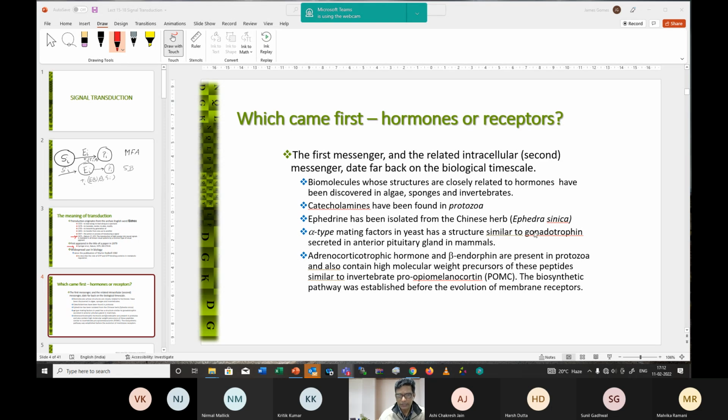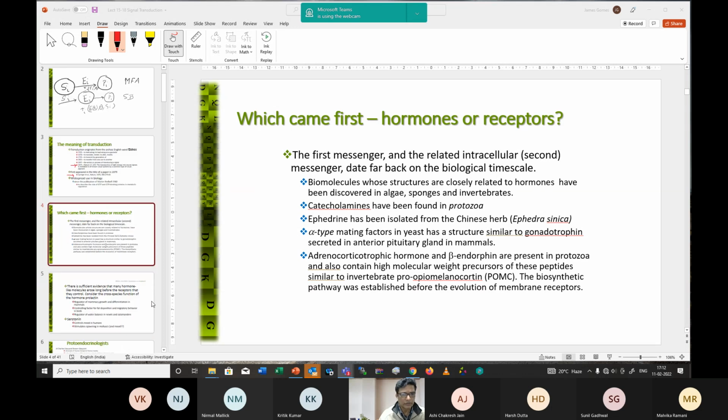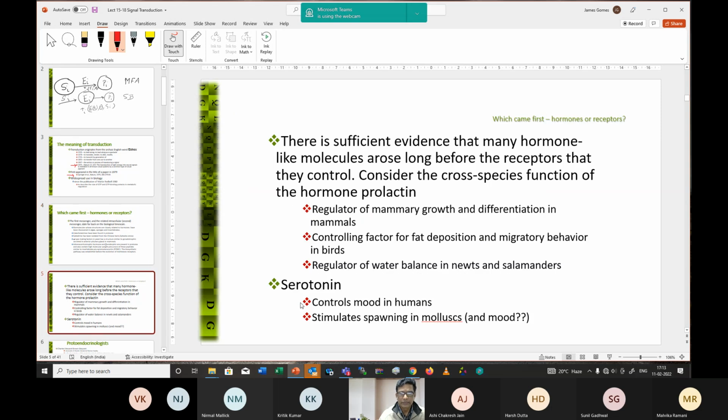Ephedrine is found in the Chinese herb, and the mating factors are found in the anterior pituitary glands, but it's also there in yeast, and so on. You can go on and on. And what it tells you is that if you were to look at the way these things are behaving across species, it's only that you're having different kinds of behavior for the same